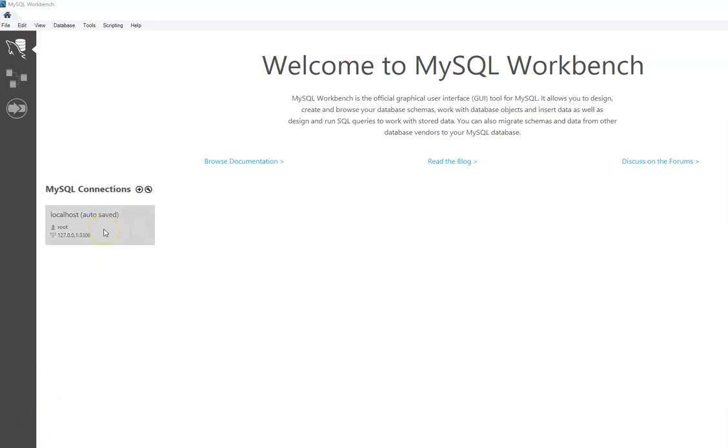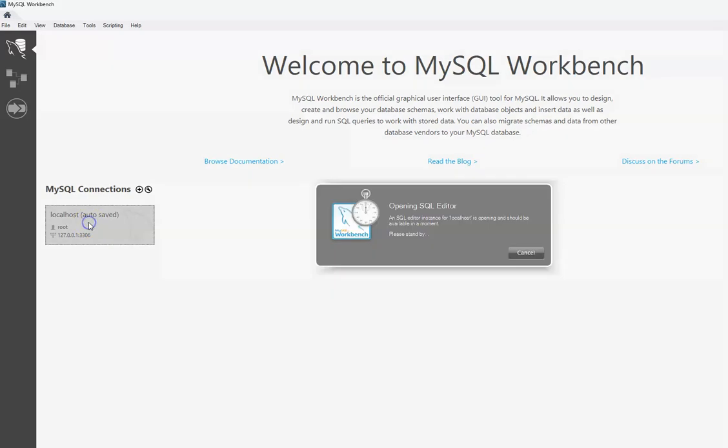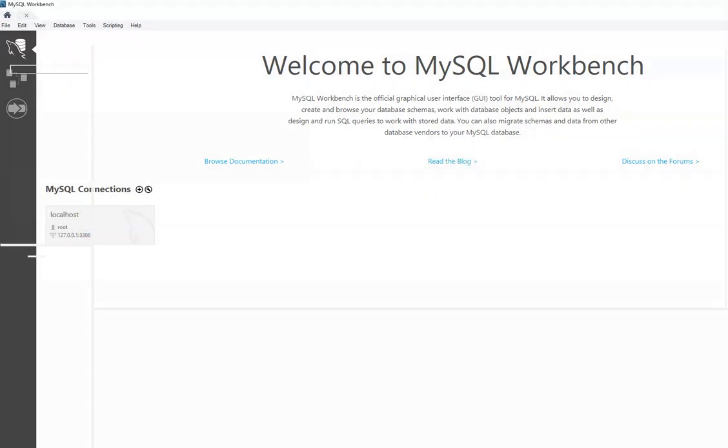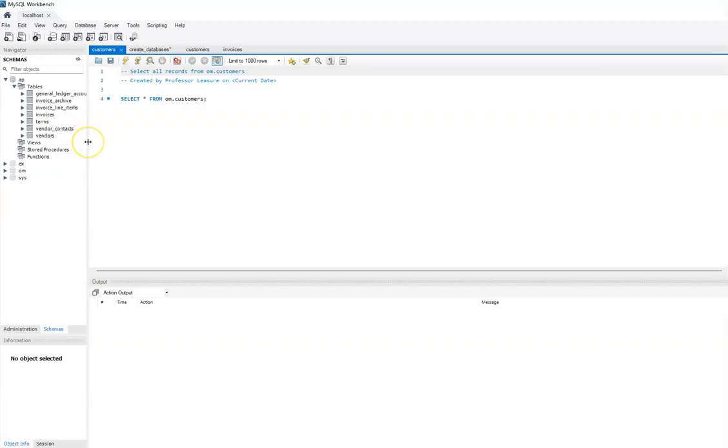Okay, let's take a look at how to create a select statement to retrieve data from a single table. I'm not going to show this for future videos, but I just want to show you I'm opening up MySQL Workbench, and I can see my saved connection from before. If I needed to add a connection again, it's this plus sign. But I'm just going to click on that localhost connection that I created earlier, enter my password, and now it opens up MySQL Workbench. And we can see the tables on the left-hand side,